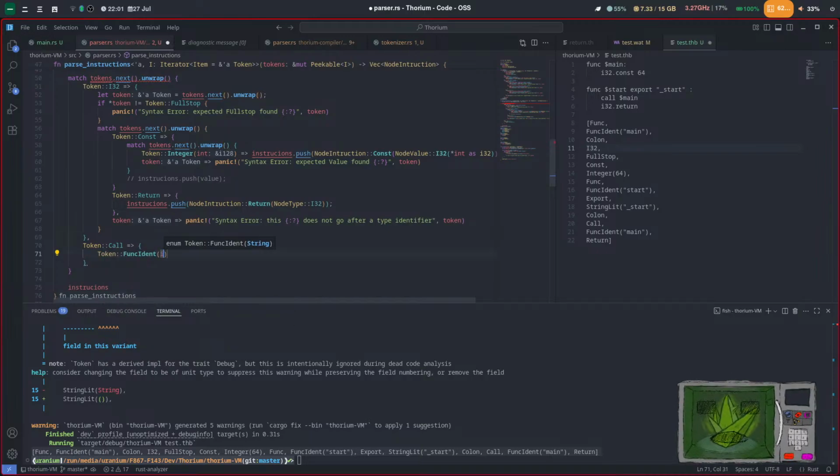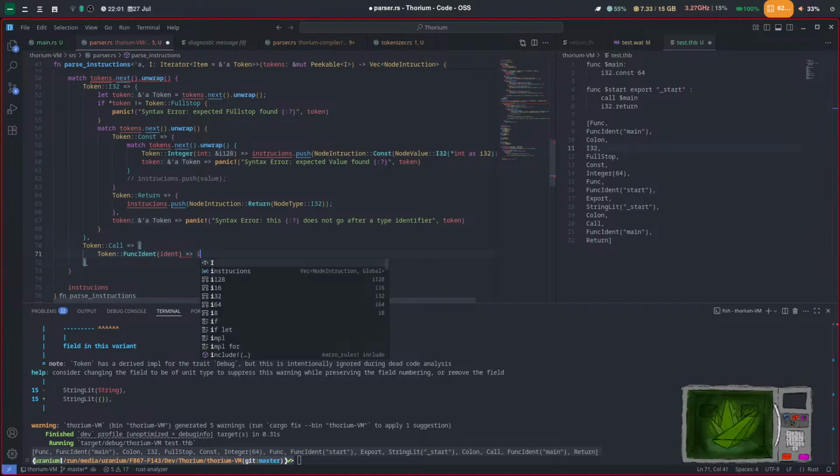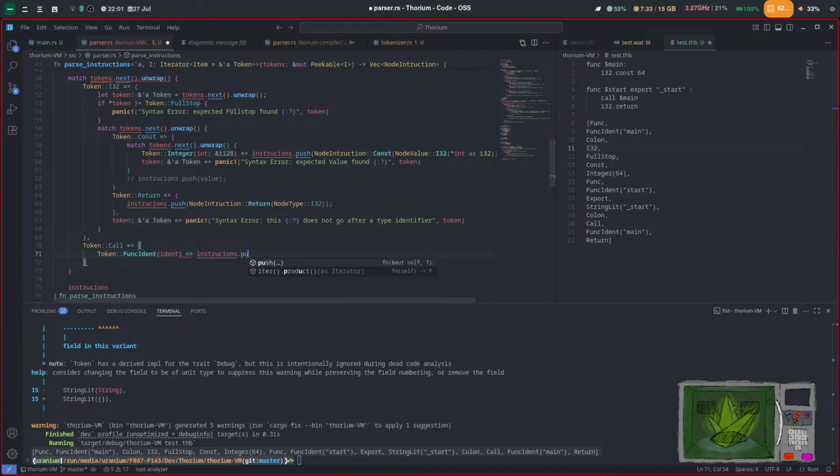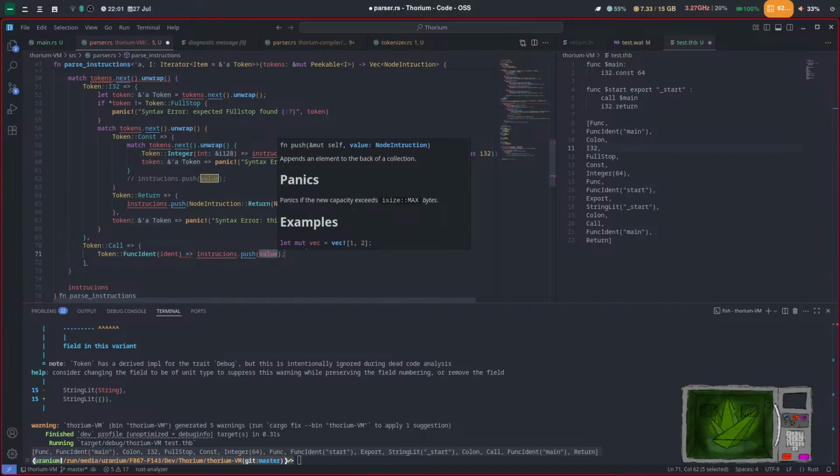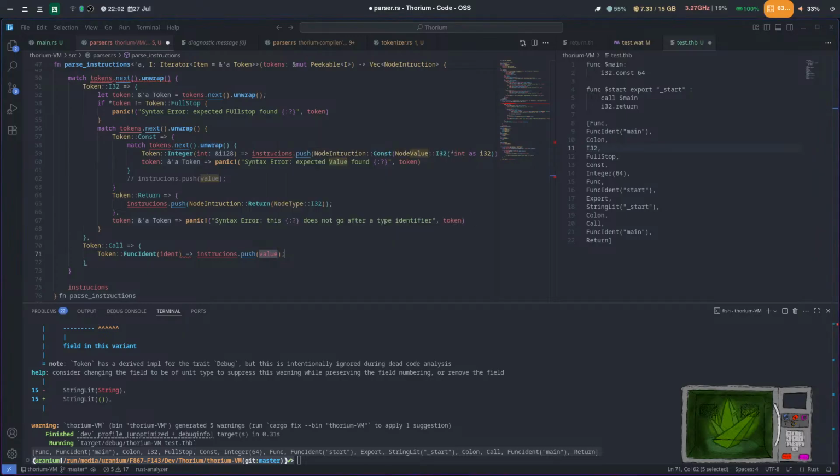Func identifier and then ident. We know we can just instructions dot push. In instructions dot push,